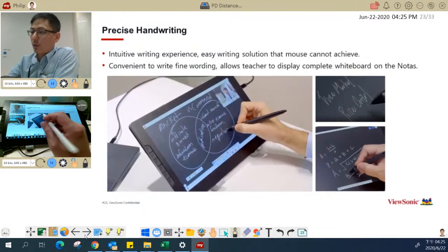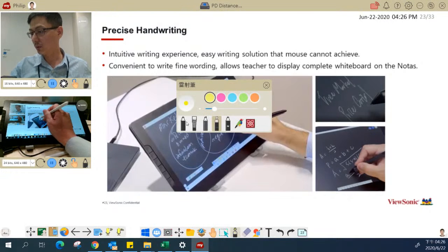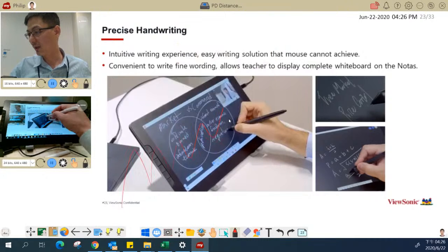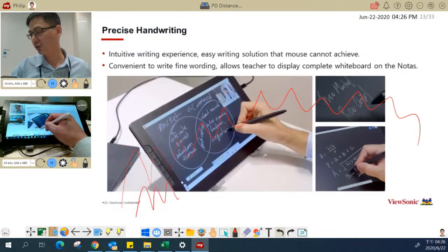And in this slide, we want to stress the handwriting experience. You can see it gives a very intuitive writing experience, whereas when people are using a mouse, it cannot be achieved and you cannot have an easy writing experience. So it would be convenient to write very fine wording. Let me come back to the Word document. When we set it up on the side, it will become very fine wording here. When people are using a touch display,